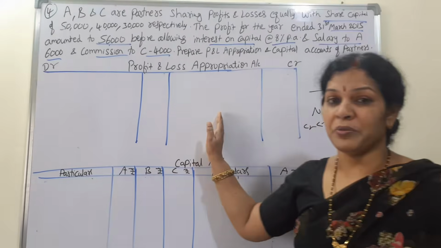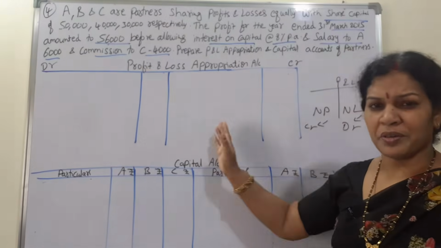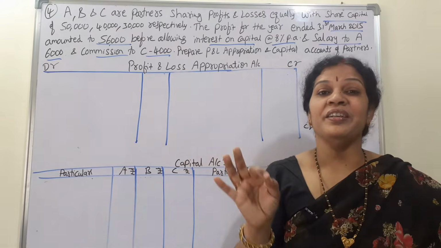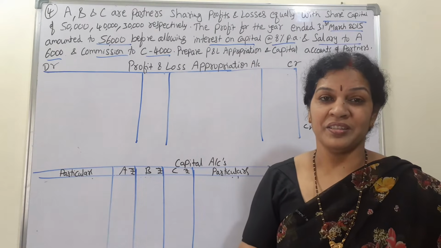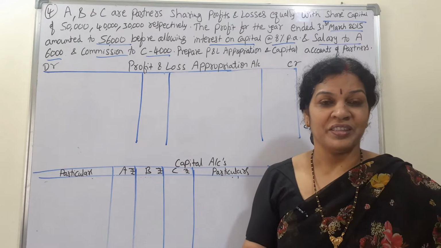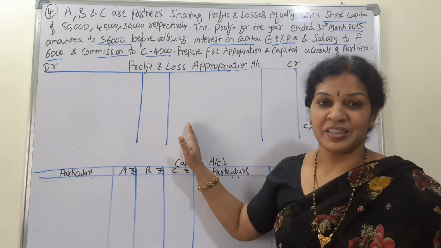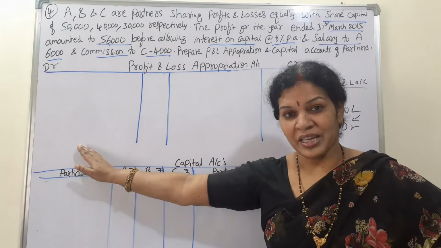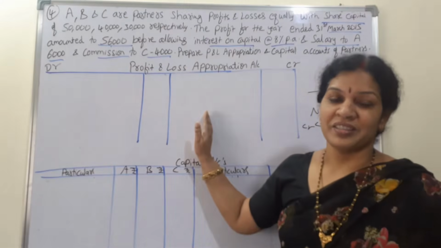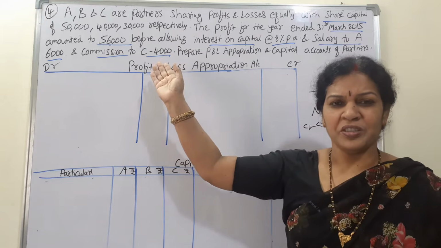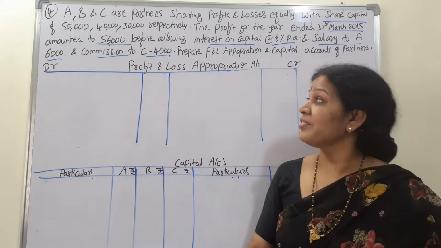And the credit side, what do we write? You know that net profit or net loss will be transferred. Apart from that, on the credit side you'll write interest on drawings. It's an income for the partnership firm. That is why interest on drawings is on the credit side. Interest on capital debit, interest on drawings credit. That's all. We'll take a problem, so it's easy for you to recollect and practice.